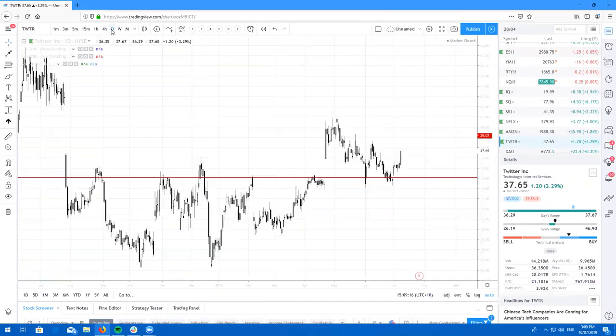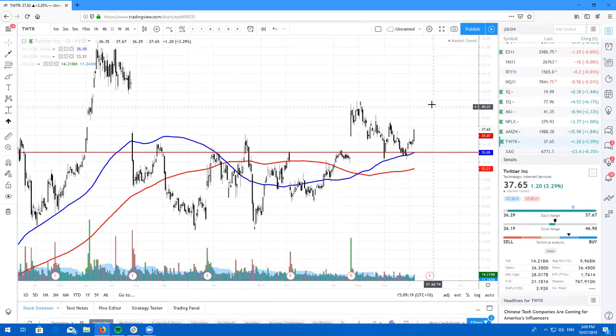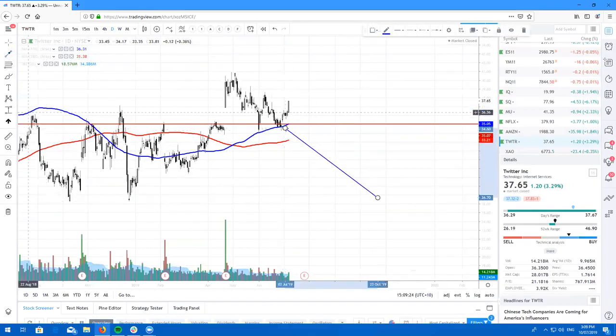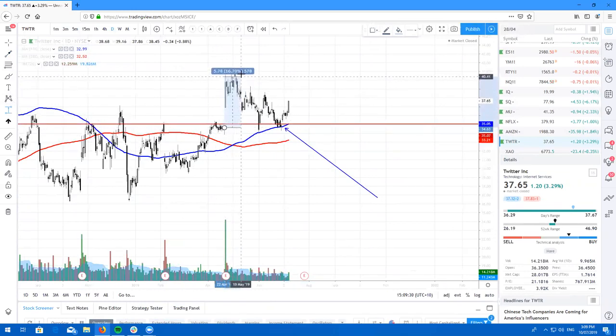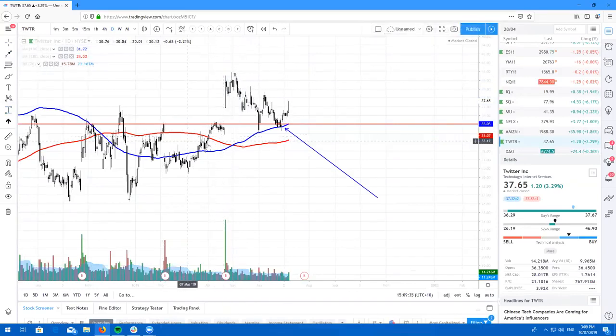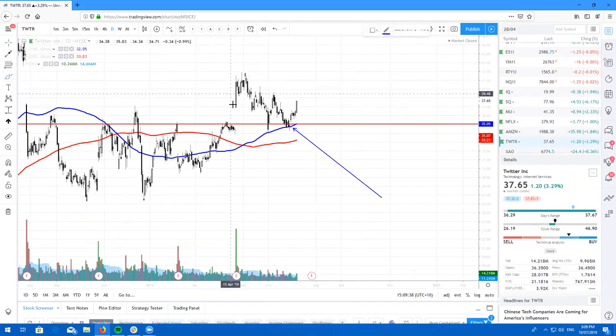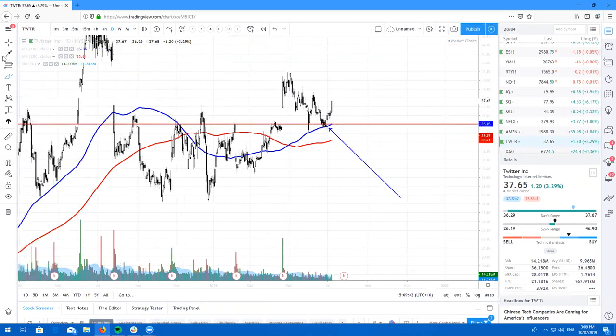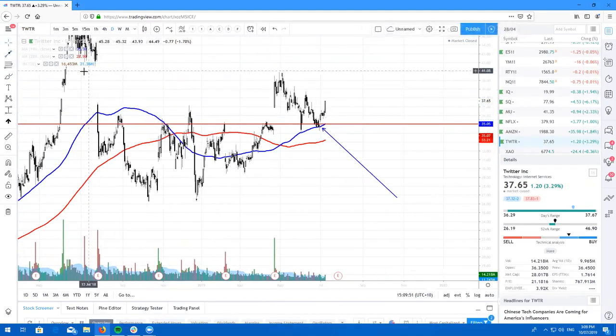Got a lot of coaching clients in this one right now. As we came down to the 100 simple moving average on the daily, I did say this was going to happen after we did have a fairly decent run up, maybe around 18% after earnings. This was a gap and go. However, we did need to come back and fill this gap, and ironically, we just came straight back to this resistance right here, here, here, and here, so pretty much straight back to resistance, glorious bounce,